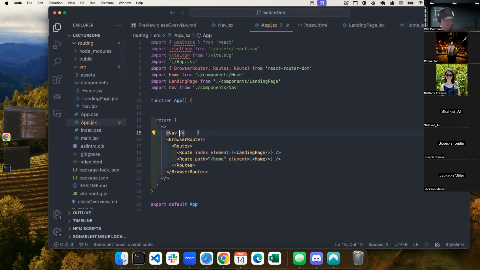Still getting that error. Anybody have any ideas?